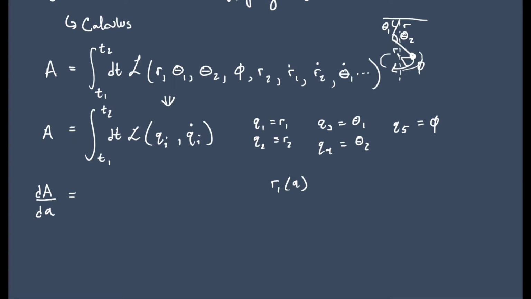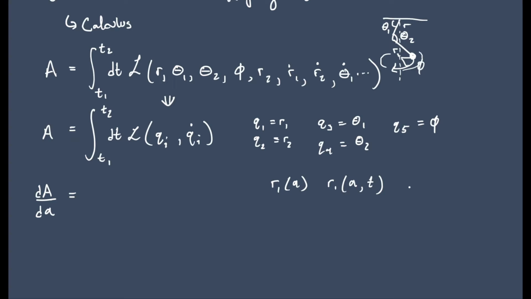Say we're measuring, say R1 is 4 centimeters, and our a here will tell us, are we measuring in centimeters, or are we measuring in meters, or something like that. So this is almost like a basis. So the action, and I also want to explain here that the integral over all times implies that R1 is not just a function of some parameter. We have to define some parameter by which R1 is defined, but it's also a function of time.